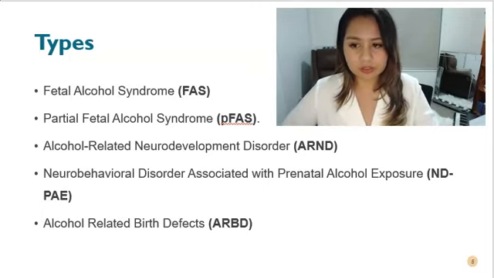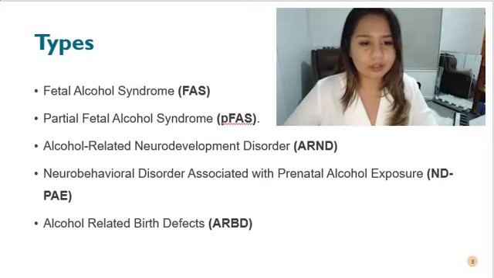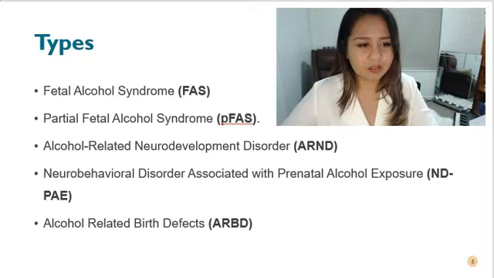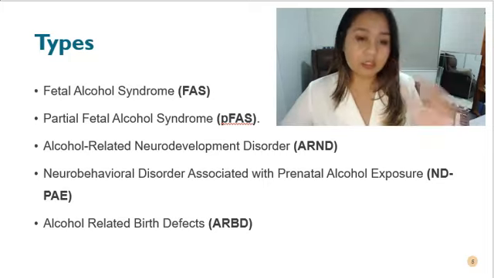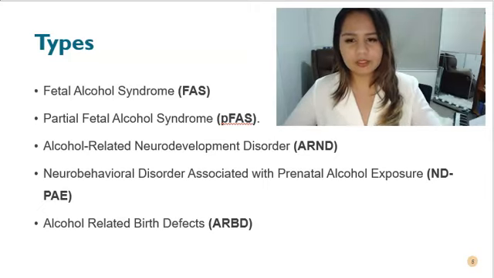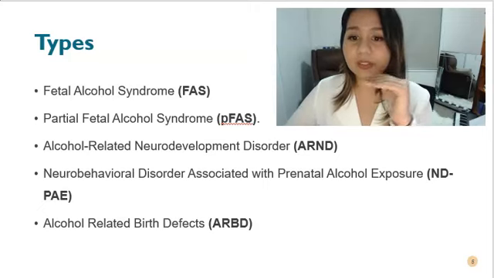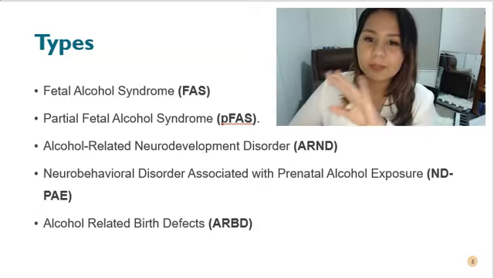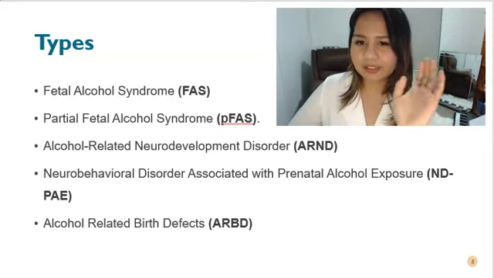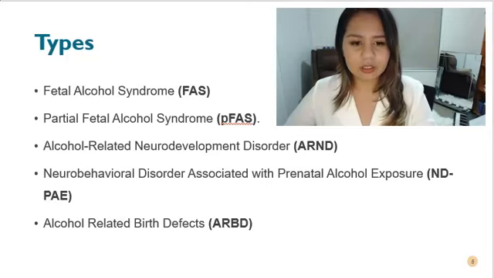Next one is alcohol-related neurodevelopmental disorder, ARND. They've been confirmed with prenatal alcohol exposure as well, and they have trouble with self-regulation and impaired cognitive function. Individuals will be diagnosed with different types, but on the spectrum it can range from severe and worse to being able to manage or not. So that's really how it works.